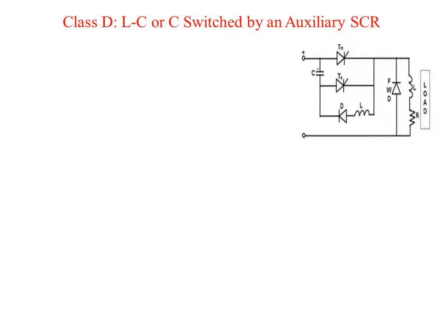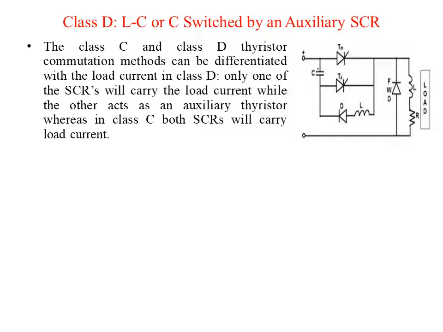Next type of classification is class D, that is LC or switched by an auxiliary SCR. The figure on the right hand shows the circuit connection of class D commutation method. The class C and class D thyristor commutation methods can be differentiated with the load currents. In class D, only one of the SCRs will carry load current while the other acts as an auxiliary thyristor, whereas in class C both